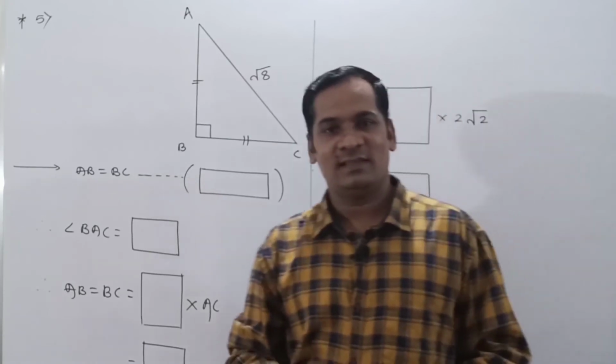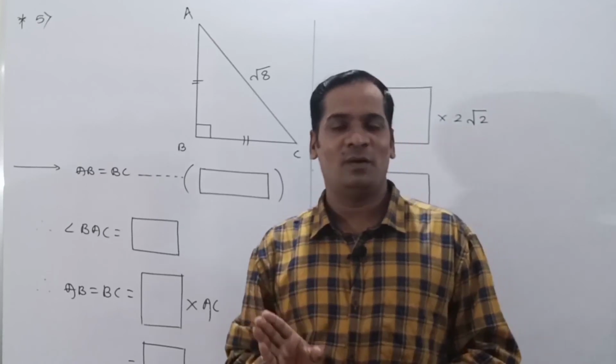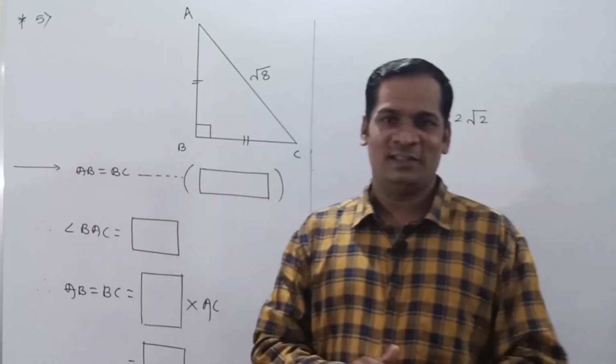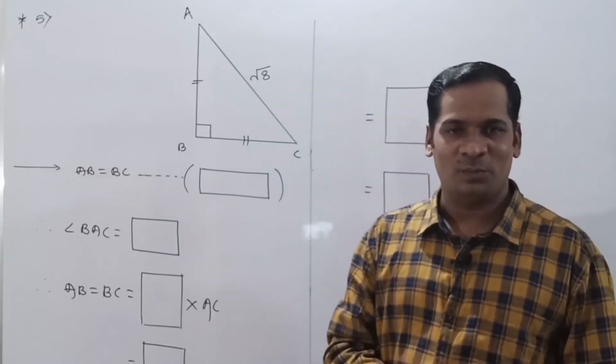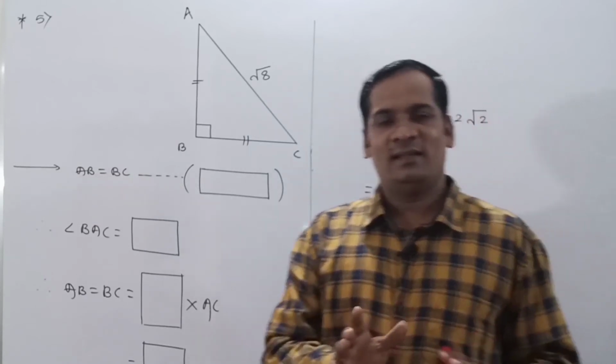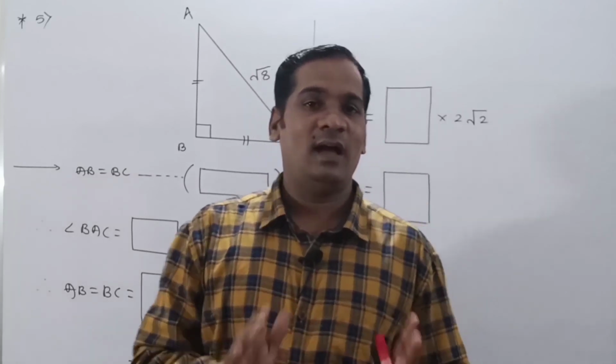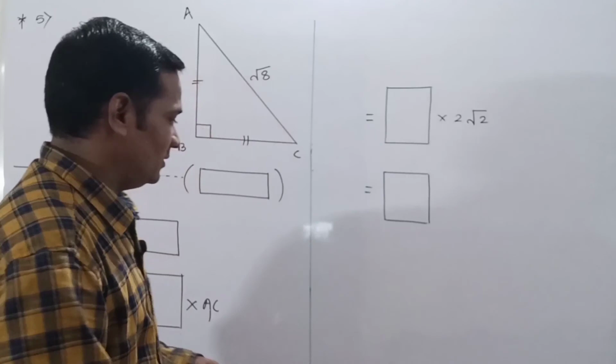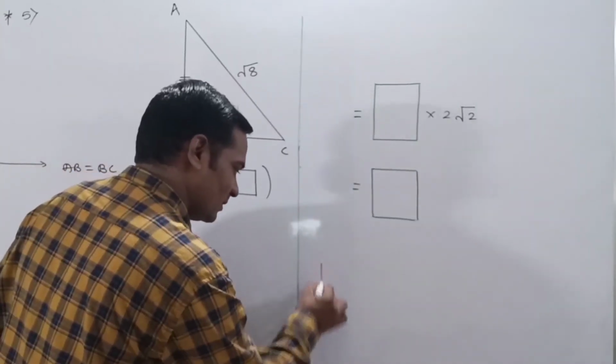Mind well, in this example we have to use the theorem of a 45 degree, 45 degree, 90 degree triangle. Okay, so what is that theorem? First of all, if the measures of the given triangle are 45 degrees, 45 degrees, 90 degrees, then suppose like this, look at this.